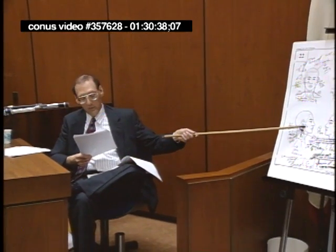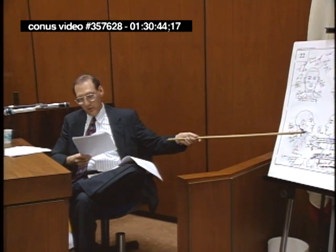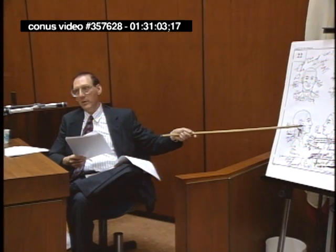There are multiple abrasions or scrapes on the right side of the face, extending basically from the temporal region down to the right cheek, and going as far forward as the lower eyelid and back to the front of the ear. Basically, the area covered was 4.5 by 2.5 inches, and they were linear, some diagonally oriented, some vertically. The area that they covered, namely the abrasions, also circumscribed the area of the superficial cutting wounds of the right cheek